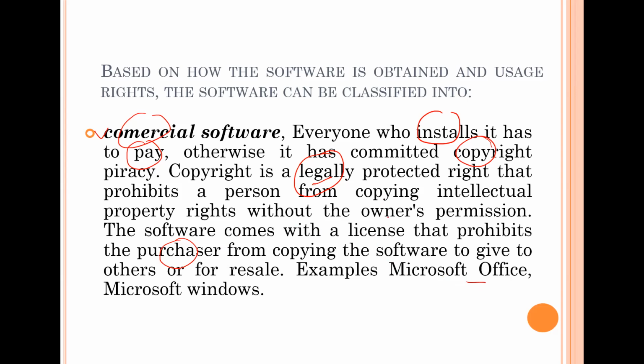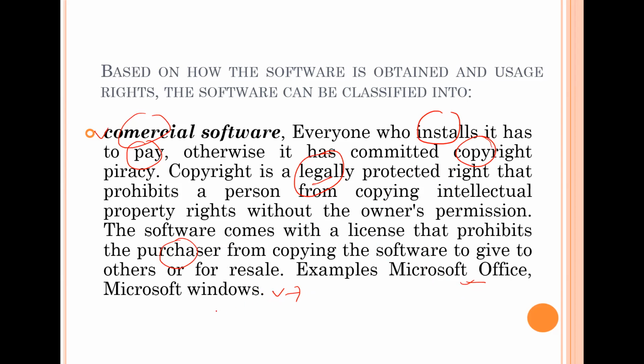Here, examples of commercial software are Microsoft Office and Microsoft Windows. The Windows itself, actually, I think right now Windows is already embedded after you buy some laptops or computers.